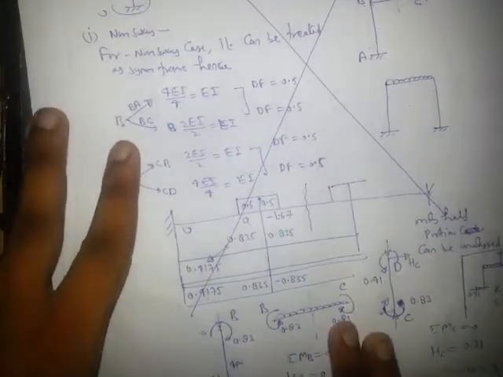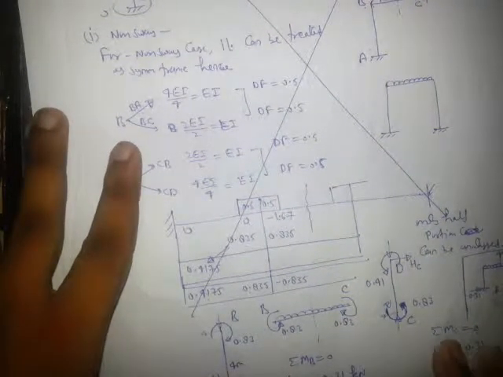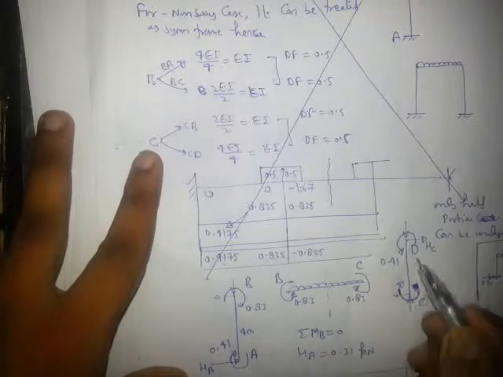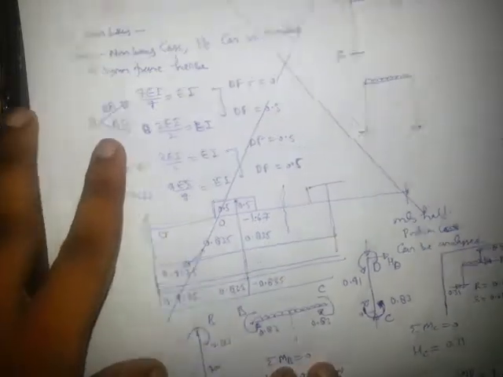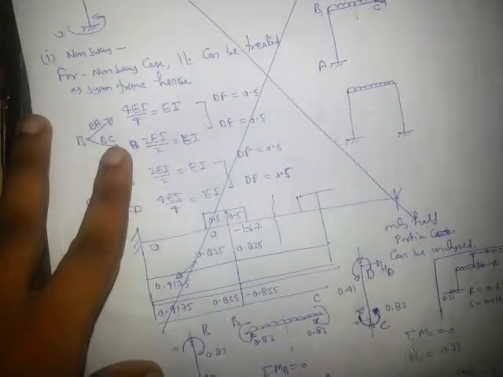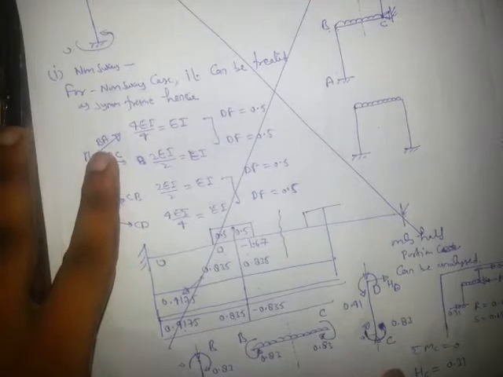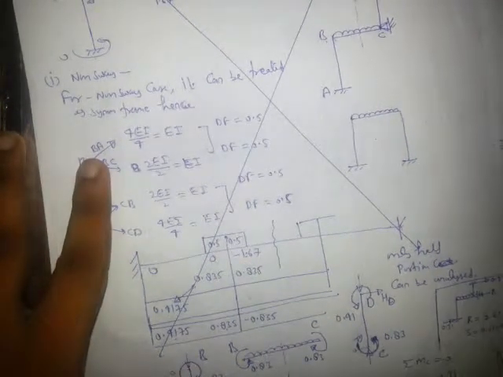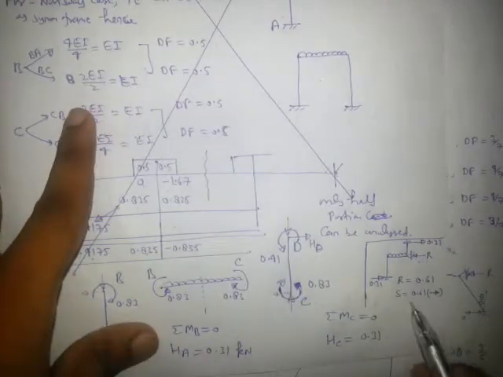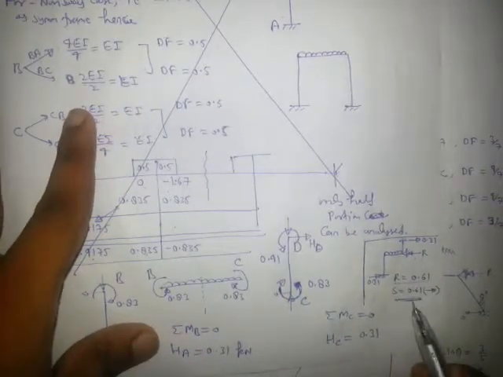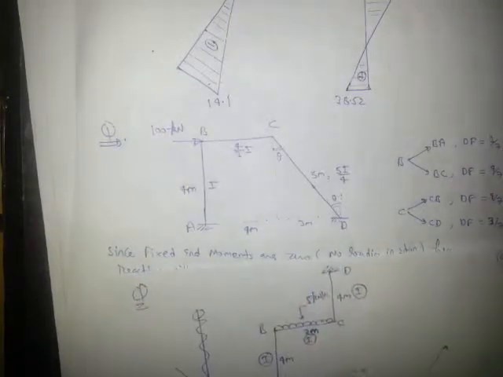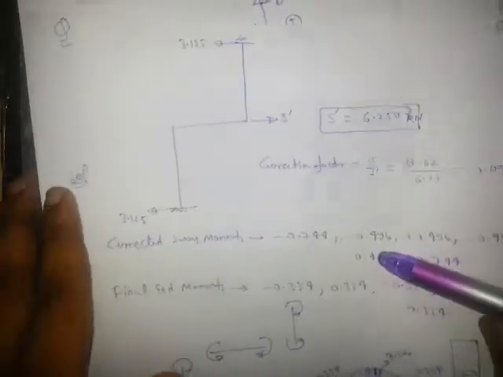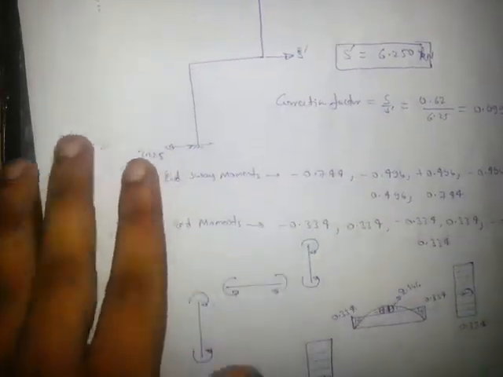Now using this, the approach is just similar. Using this you will calculate HA from this figure, HC or HD from this figure. Now you will see HA plus HD equal to this horizontal force, equal to S dash, this R. HA plus HD equal to R. So this value will be this, R will be 0.61, so S will be 0.61. Now further we will proceed, right? So S we have calculated.